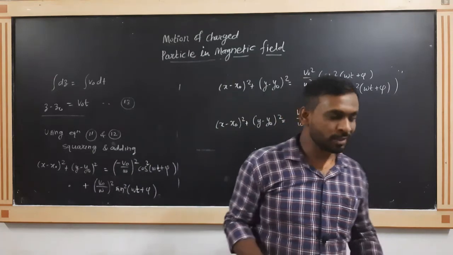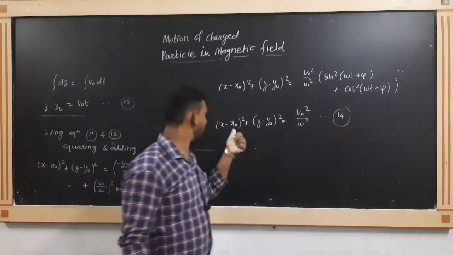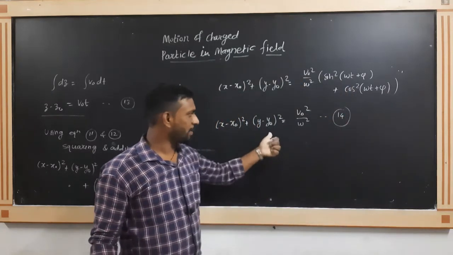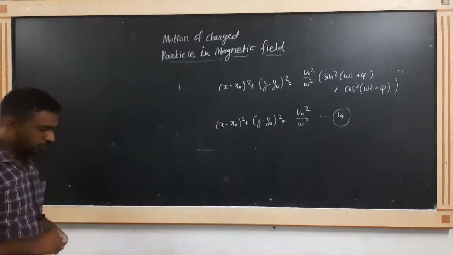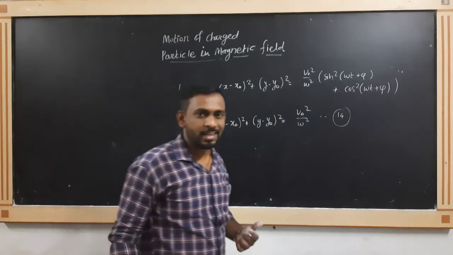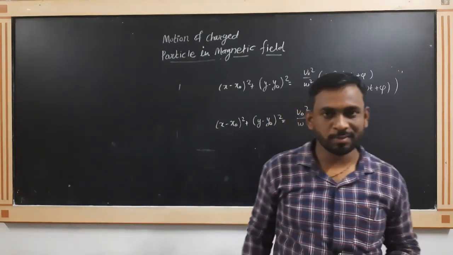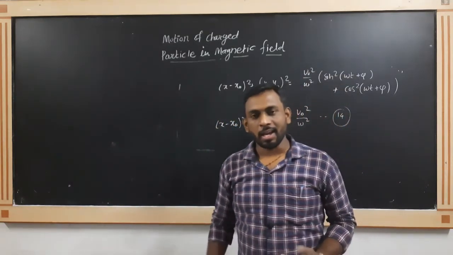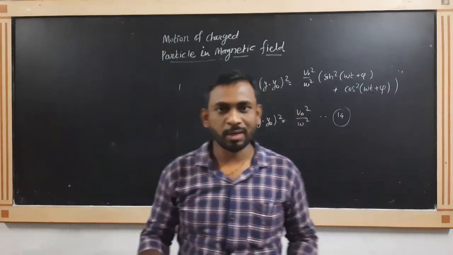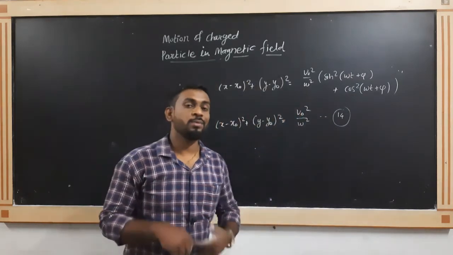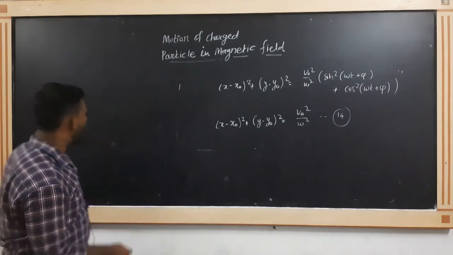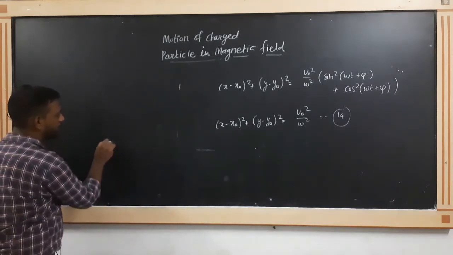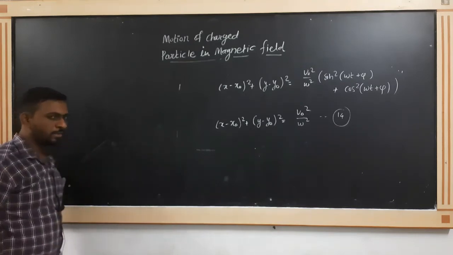So the spring motion, look at this value: centered at x0, y0 and radius is v0 squared upon omega squared. We already discussed that if you have a magnetic field parallel to the direction of the charged particle, it is constant motion, there is no effect of the magnetic field. And if you have a perpendicular magnetic field, when the charged particle is in the plane of the magnetic field,